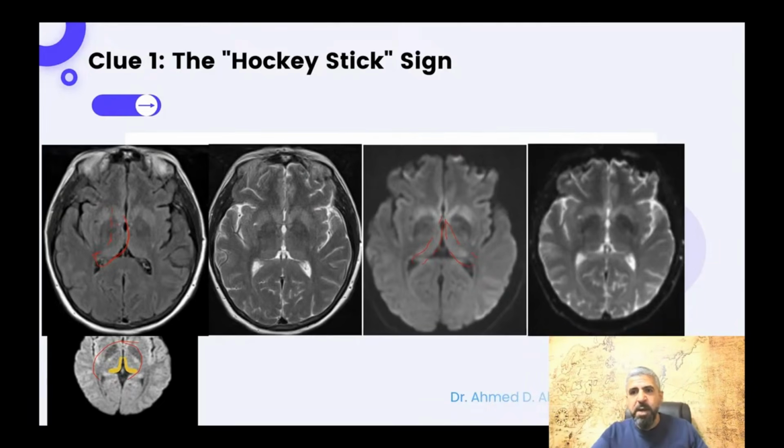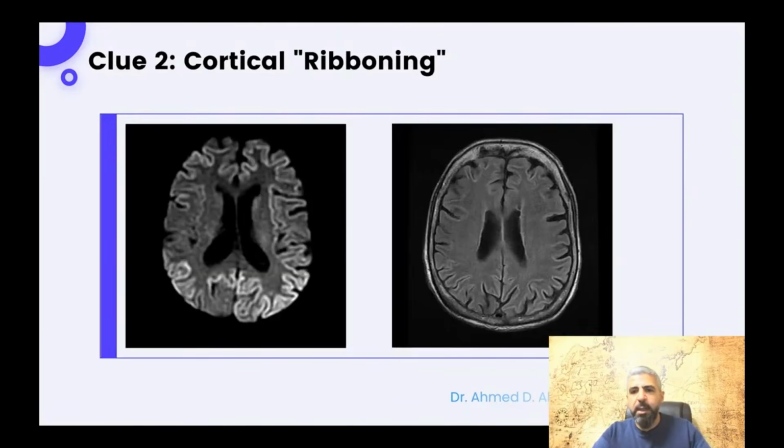Look at the diffusion. You have minimal increased signal intensity on the medial aspect of the thalami showing a hockey stick sign. Now, clue number 2 is called cortical ribboning. Look at the surface of the brain. It looks like it's glowing in a thin ribbon. Look, it's glowing in a thin ribbon. Also the same thing, you can see it on the FLAIR. When you see the hockey stick sign in the thalamus and ribbons in the cortex, there is only one criminal,